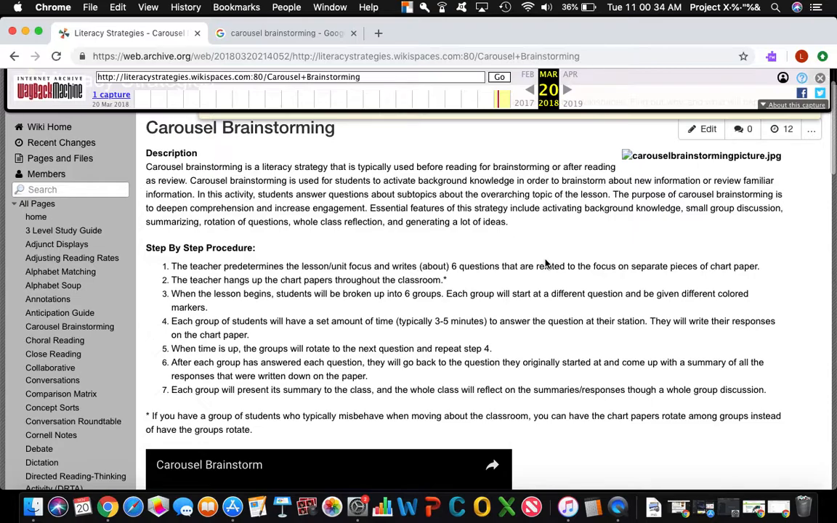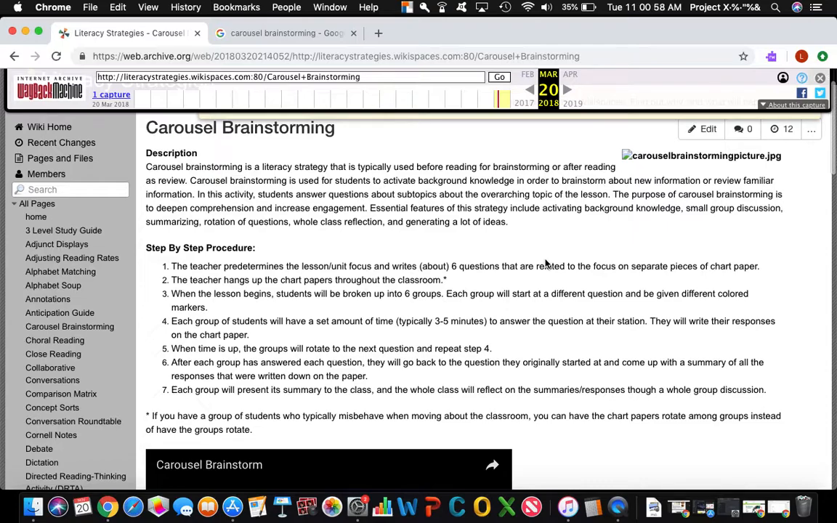Questions that are supposed to make them think, that are supposed to get their brains thinking in a way that they haven't really been thinking about. And you put those six questions around the room. Now, the name carousel is pretty obvious because the students then are broken into six different groups,